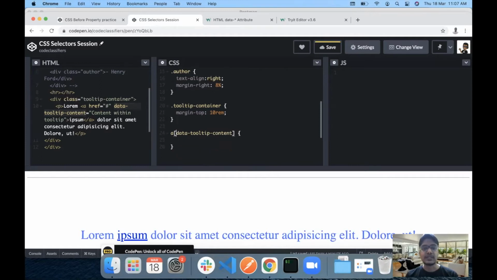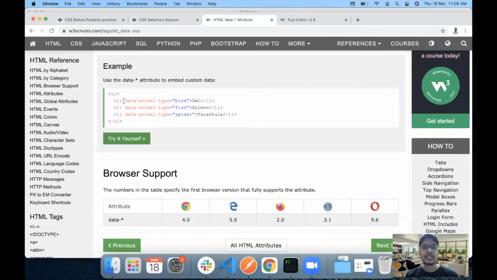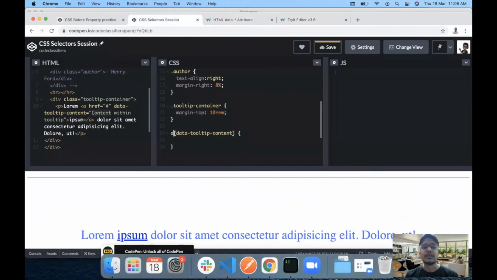So this is a selector which you can use for selection of custom attributes like a data attribute. That is square brackets, and within that the attribute which you want to select. For example, if I had to select data-animal-type, let's say if I had text with data-animal-type, I would have added data-animal-type within my square brackets. These are the CSS syntaxes. I did not make them, but those are the things which you need to keep in mind basically and use them. There is no such thing as why this happened. This happened because CSS syntax is like that. Okay. So we can go for a position relative here.